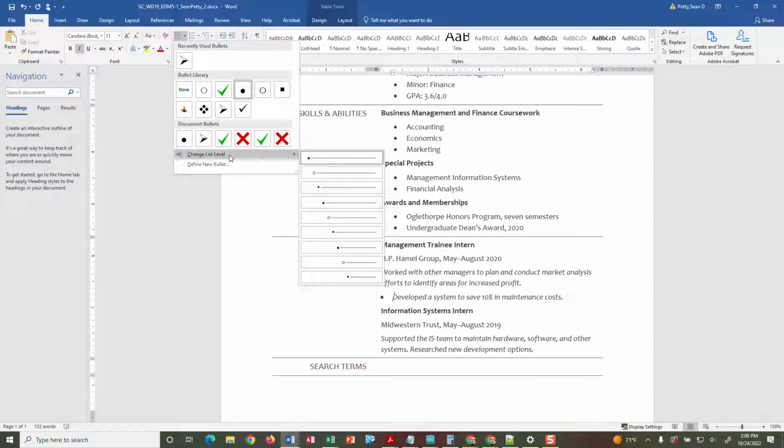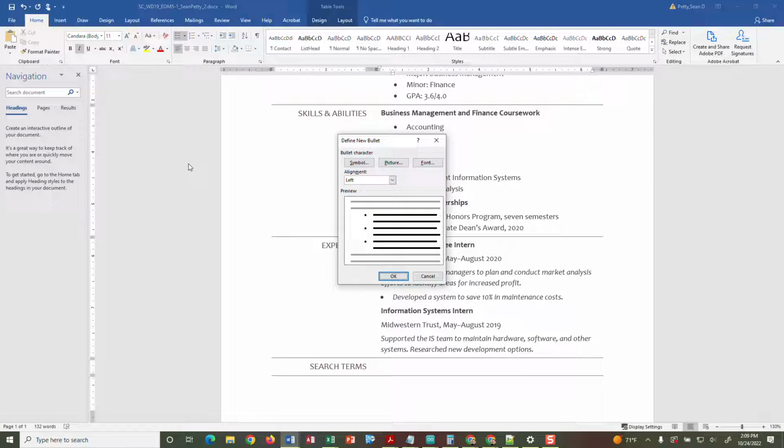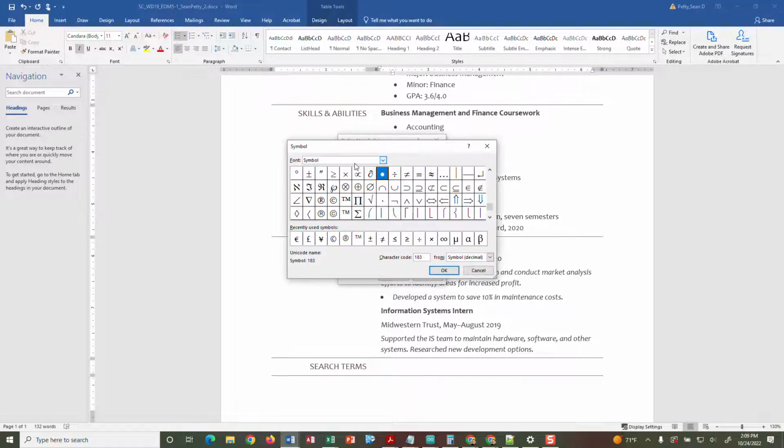What we would have to do, if you don't already have that listed there, is define a new bullet. I'm going to select a symbol, and I'm just going to come down through here and look for the Wingdings symbol that's in here. So amongst these should be the symbol that we're looking for. If I keep going down, eventually we'll find it. Okay, Wingdings. We want to make sure we select Wingdings, and then we're looking for Wingdings 216. So I can literally just type that in here, and you can see that that's the bullet that you need